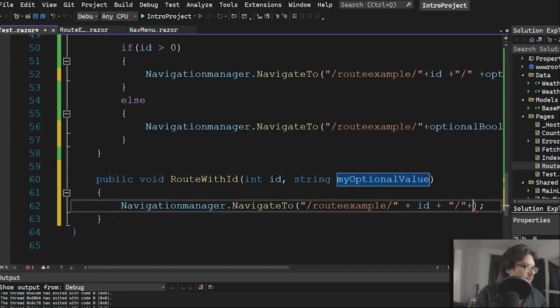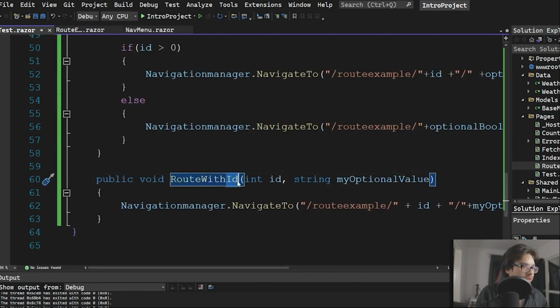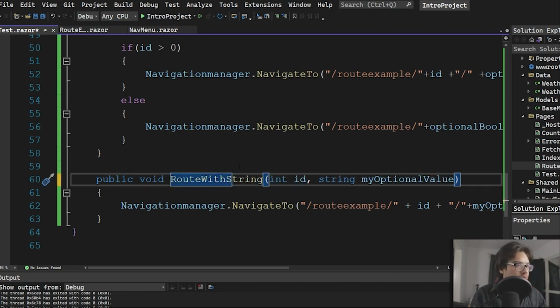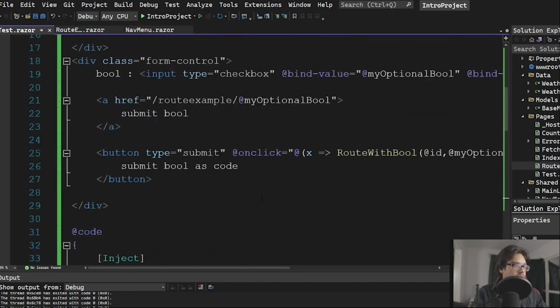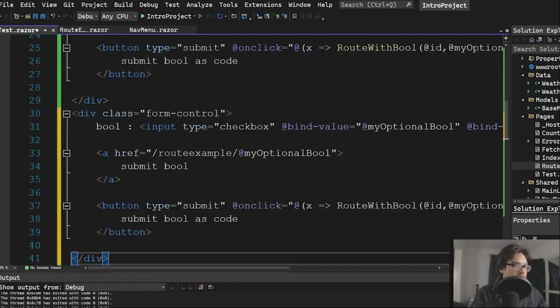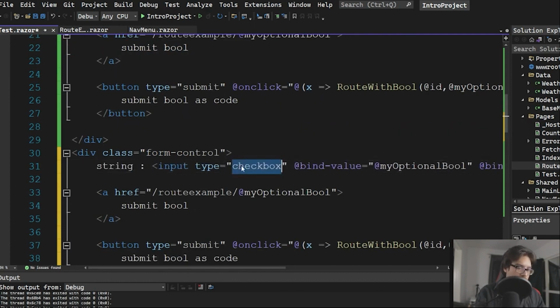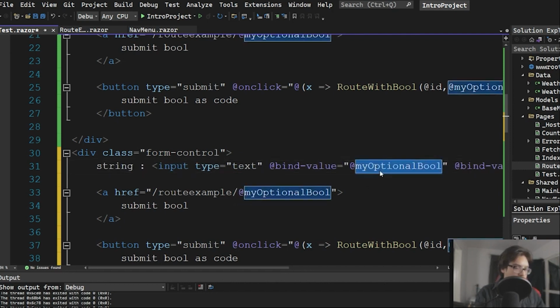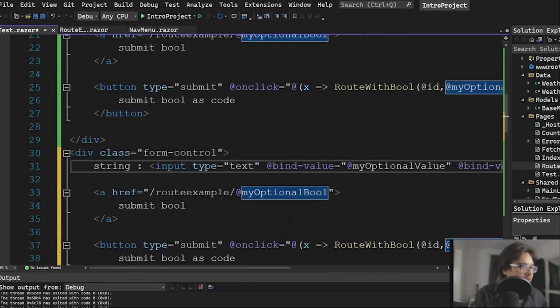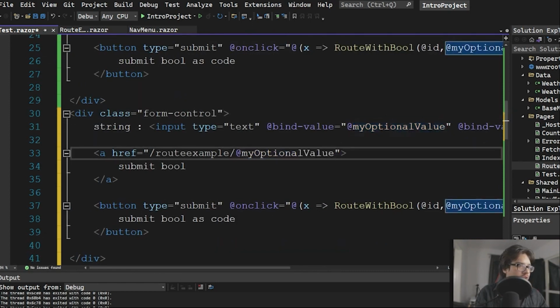And now we're going to add my optional. Now we have a route with string, and we do the exact same thing. Take this string, type is going to be text, my optional value. Sorry about the naming convention, I kind of came up with them on the fly. My optional value, and in this case,